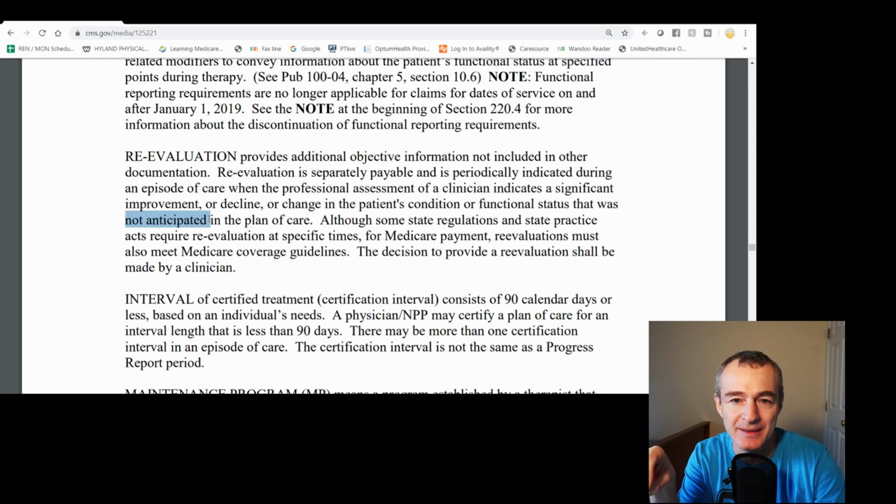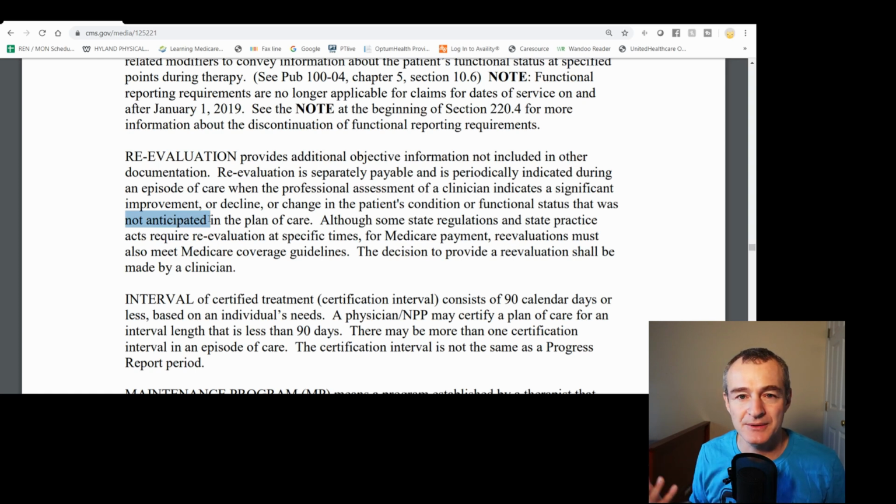What would be unanticipated? Well, obviously, I'm sure you guys have heard an unexpected hospitalization, right? So I'm treating a patient for this right shoulder pain, and 2 weeks in, they fall and fracture a humerus, and all of a sudden now they've been hospitalized. That would be unanticipated. When they come out, I'm going to do either a re-eval or a new evaluation for